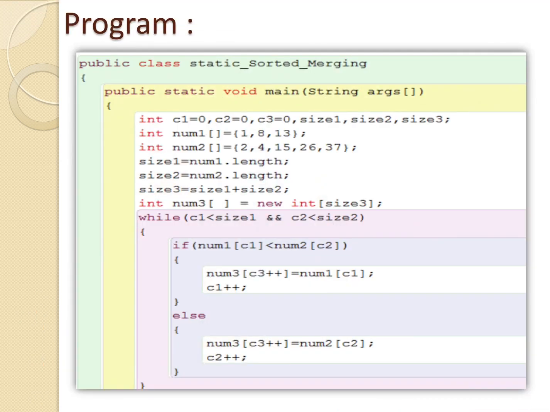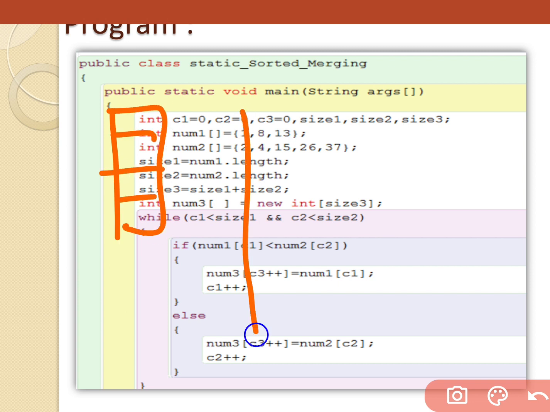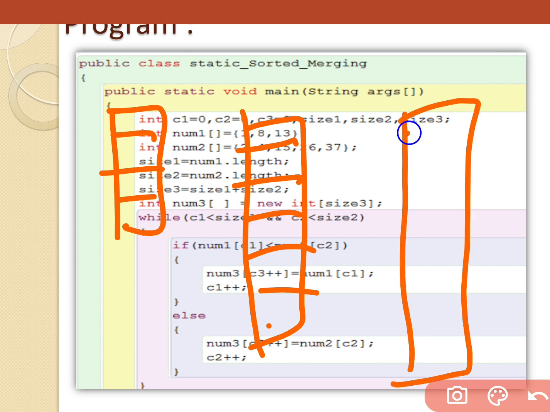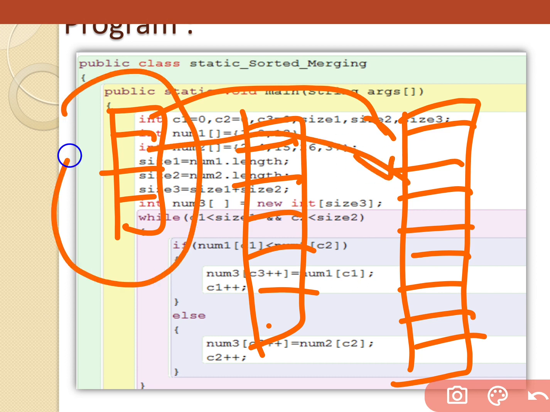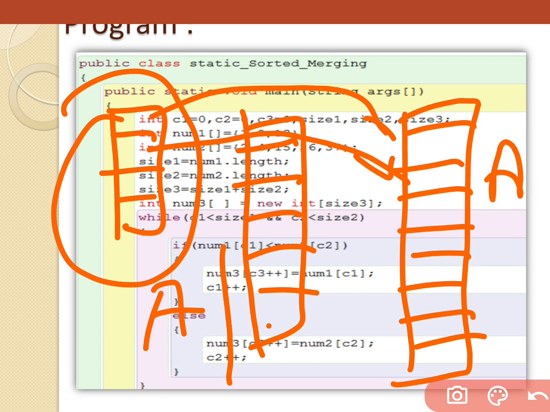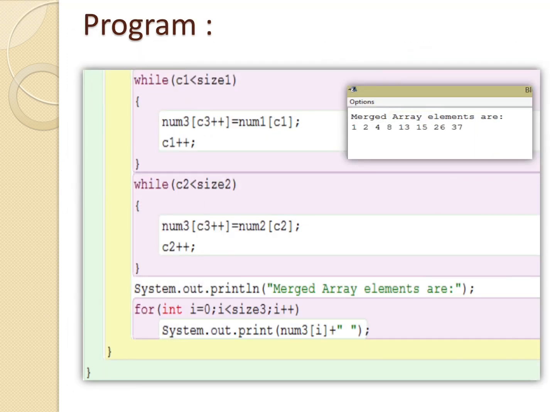See, after filling, I told you in my previous explanation that sometimes in comparison, elements are filled in the third array, but sometimes every element of one array is completely filled here, but a few elements of the other array remain, and then we have to fill them here.